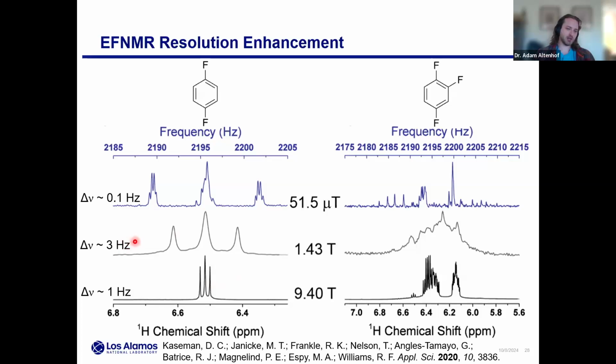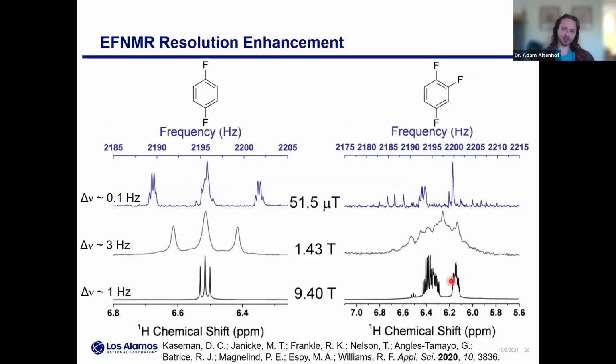If you go down to benchtop, the line width starts to take a pretty big hit. This is a pretty inconvenient field regime for resolution. And then ultimately at Earth's field, we have something like that triplet structure, but really strong coupling is active here. That means we have the full interaction Hamiltonian, and that just means we're going to see many more peaks. So what is nice about this, if you can fit your J couplings, you're ultimately going to get a much higher precision determination of those J couplings, but now also access to the sign of the J coupling in just this 1D spectrum.